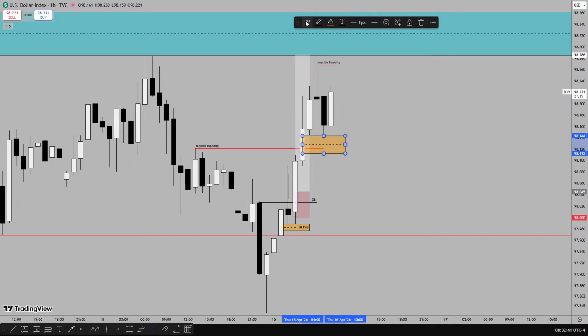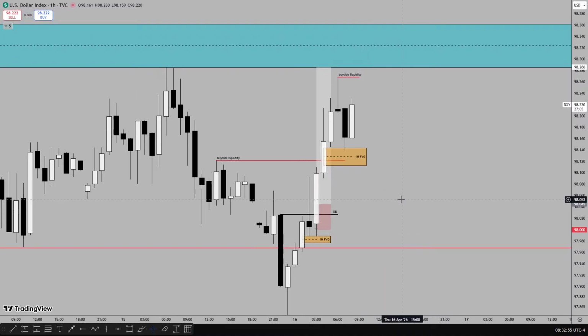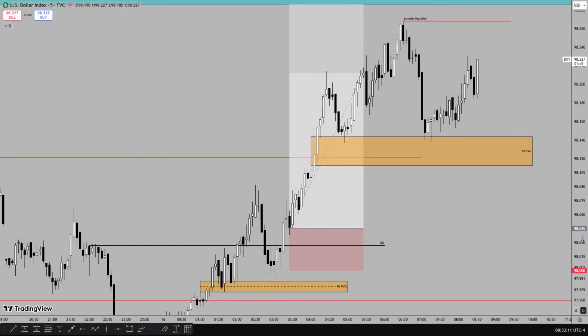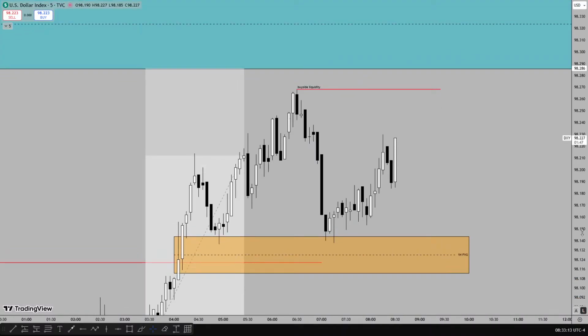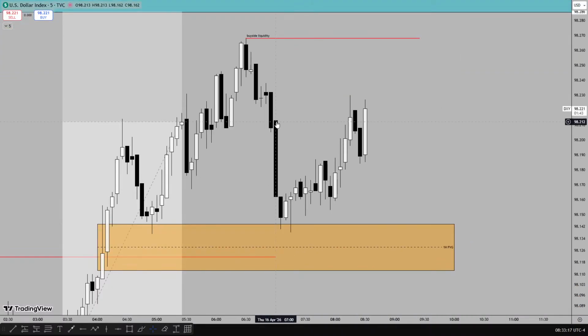So I was looking at this as a re-entry to add more position because I already took out most of the trades, taking partial because price really came close to the take profit. So I took a lot of position out. I'm already in profits and at the same time I'm holding a 0.25 risk, which is I've taken 75% out of the trade. I'm only holding 25% of the position. So on the 5 minutes, here is the opening price of the New York session, retracement to the 1 hour fair value gap, and price has been respecting it, trading higher.